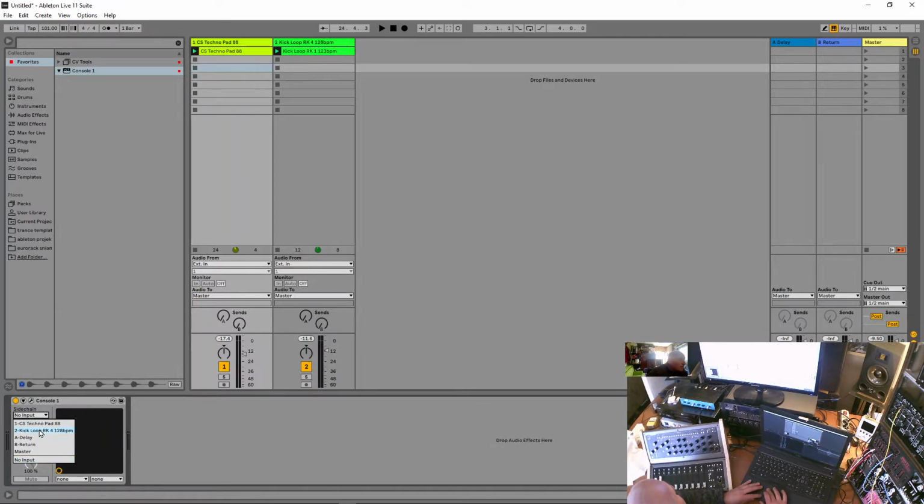sidechain, drop down, channel 2. This is kick. On Softube Console 1